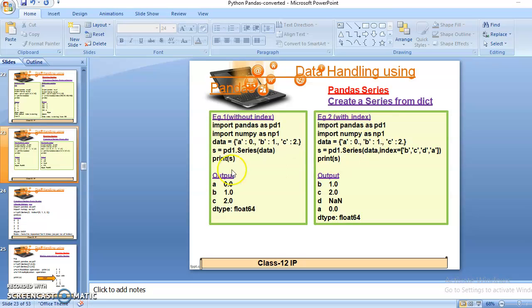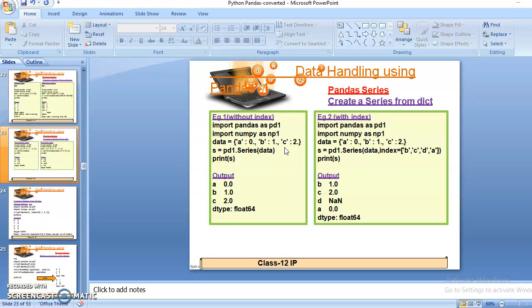So in the first 2 lines is the importing of pandas and numpy, and now I have taken the variable data, and I am mentioning the 3 index labels a b c with the elements 0.0, 1.0 and 2.0. I want to store floating values in my array, so I am using 0 point, 1 point and 2 point.